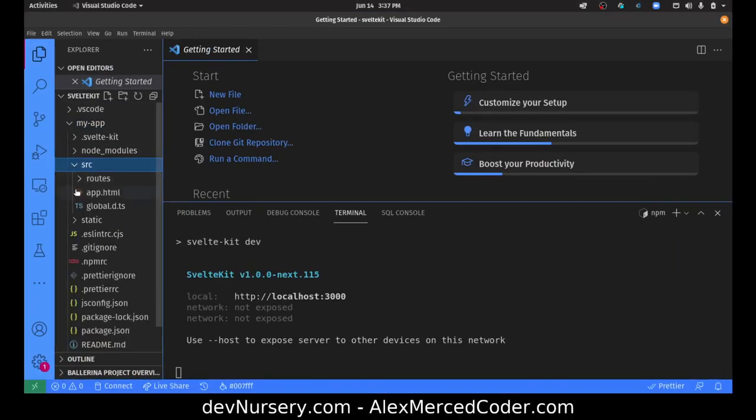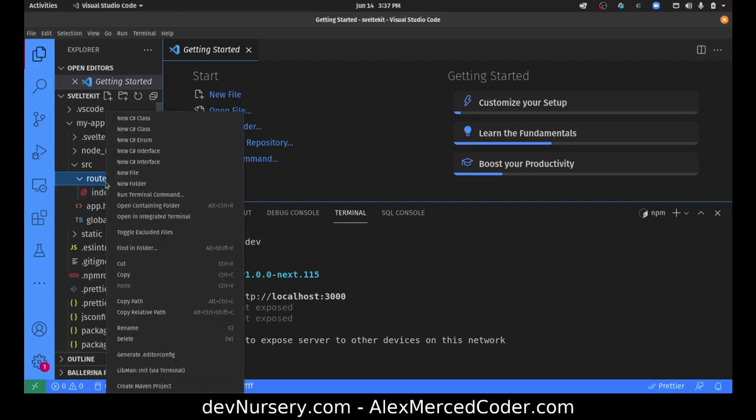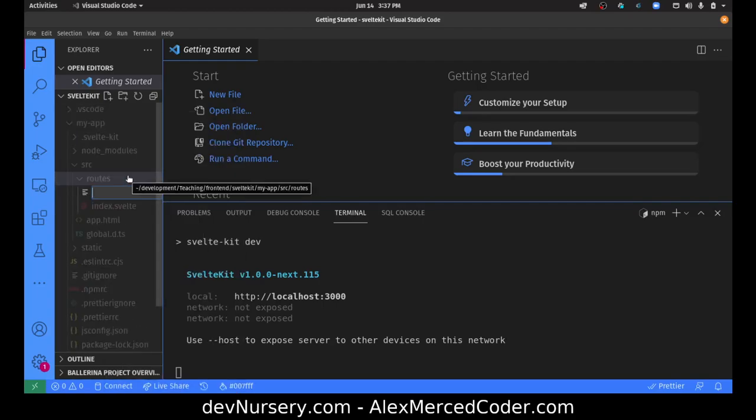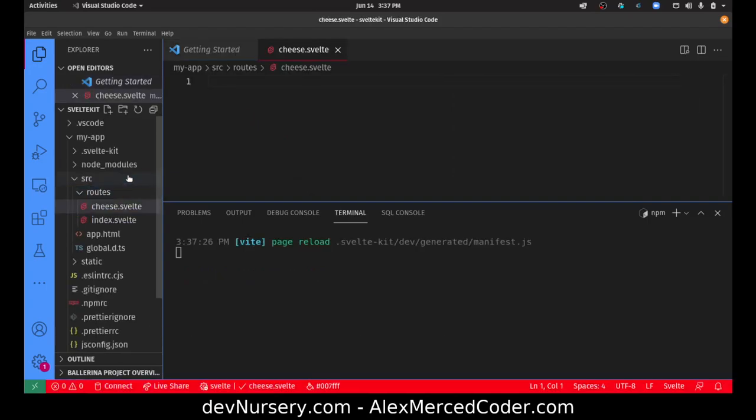So right here, I can go in here and just make Svelte files, and then they're gonna be pages. So if I go here and say new file, cheese.svelte, and I'm just gonna say h1